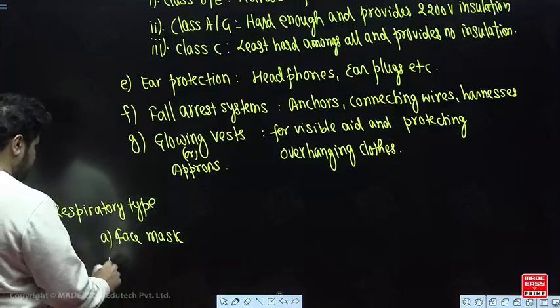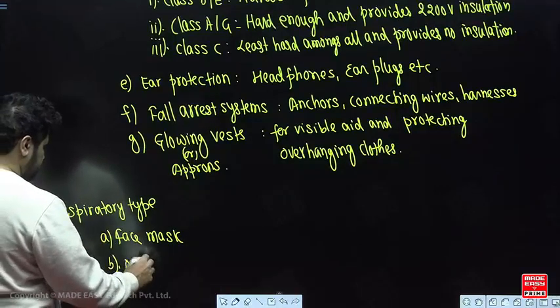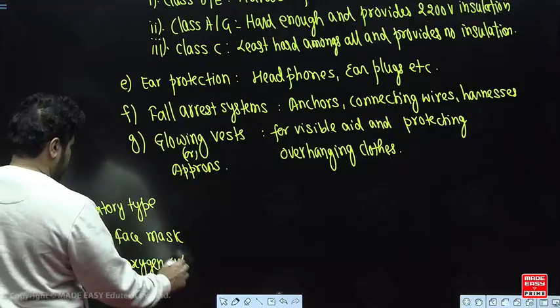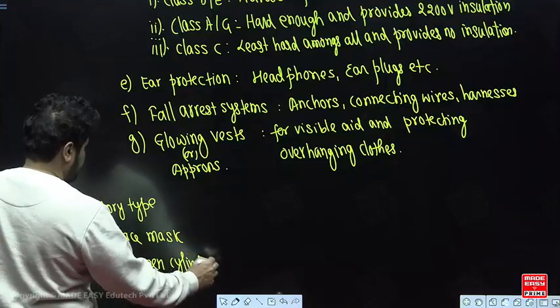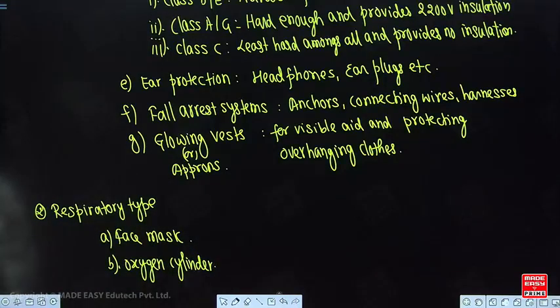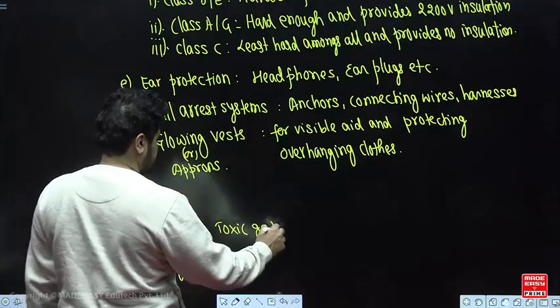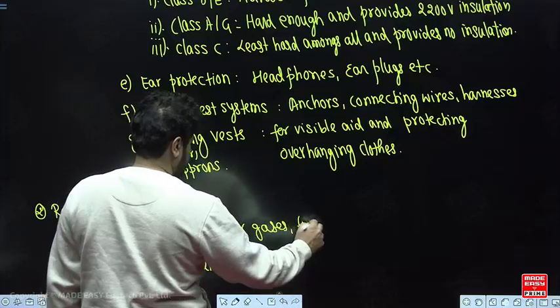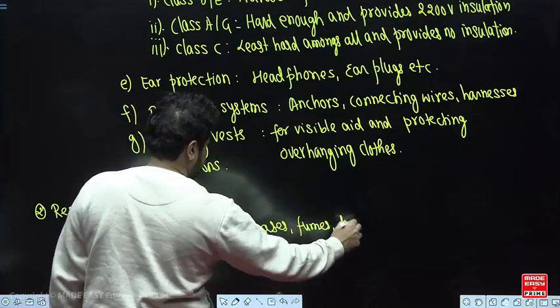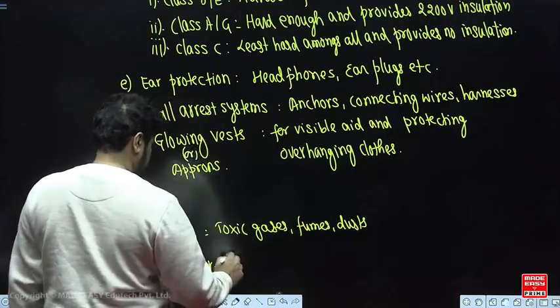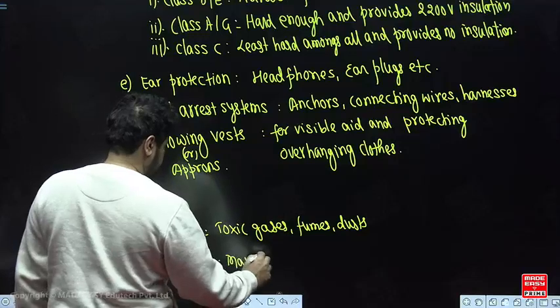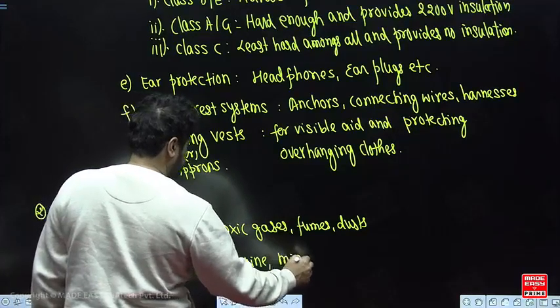चलो इसको ABCD करके लिखा है ना, A फेस मास्क, सेकेंड इज योर ऑक्सीजन सिलेंडर। ऑक्सीजन सिलेंडर जहां पे ऑक्सीजन की कमी हो, फॉर एग्जांपल माइनिंग इंडस्ट्री, मरीन इंडस्ट्री, फेस मास्क वेयर देयर टॉक्सिक गैसेस, राइट। सो जहां वेयर टॉक्सिक गैसेस, फ्यूम्स, डस्ट्स एटसेट्रा, मरीन, माइनिंग एटसेट्रा।